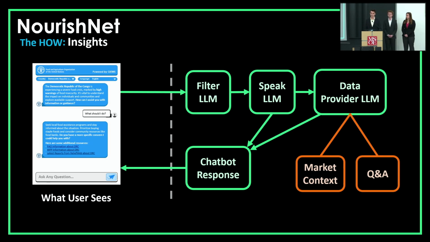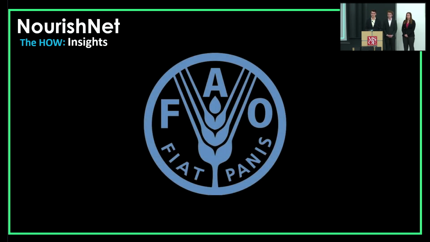And this cycle continues throughout the entire conversation. But once we actually develop this chatbot interface, we by no means claim to be domain experts in the space of making warning models, or even in the space of providing decision makers around the world that affect millions of people insights which will affect these communities. However, there are domain experts in this space, which brings in the United Nations FAO, who has developed that GIEWS warning system we mentioned previously.